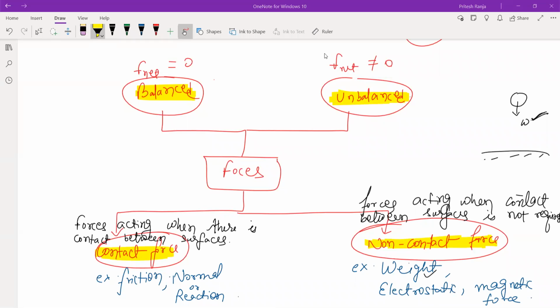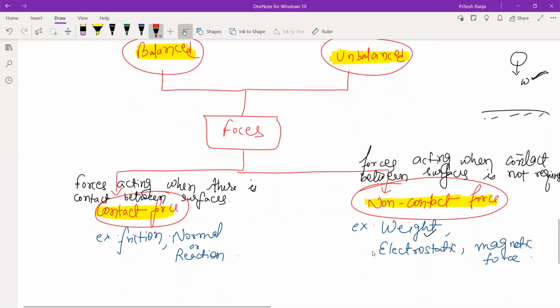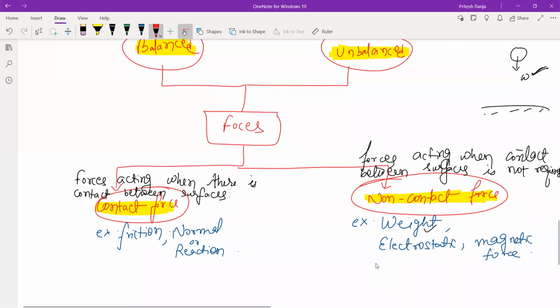For example, if you also take जैसे magnetic force, electrostatic force you will read in higher classes. But what is electrostatic force? Force acting between the two charges. अब दो चार्जेस में जरूरी नहीं है कि दोनों चार्ज टच कर रहे हो तभी वो फोर्स एक्ट करेगा। If the two charges are even separated, the force is still there. जैसे चार्जेस सेम है तो क्या फोर्स होगा? रिपल्सिव फोर्स। तो यहाँ पे कांटेक्ट नहीं है ना, so this is non contact force। दो मैग्नेट को हमने थोड़े